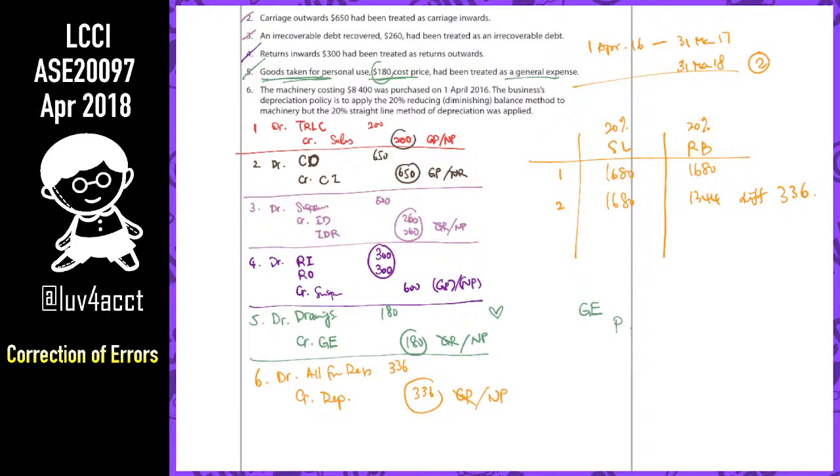It is not possible to have drawings and then general expenses. We take away goods, so we reduce purchases and then put in general expenses. Then that means it goes like this. This is the original entry made. So again, I stand by my answer, because it is treated as a general expenses. That means it is not put in drawings, and it is not put in the purchases account.